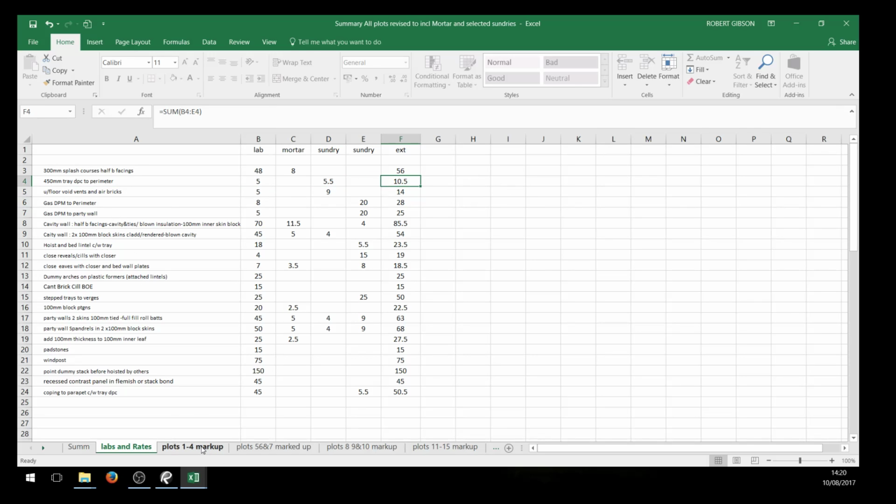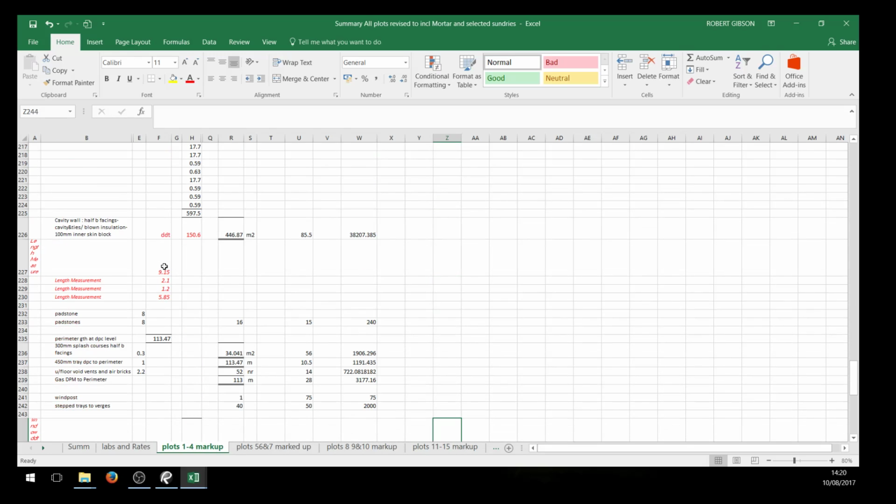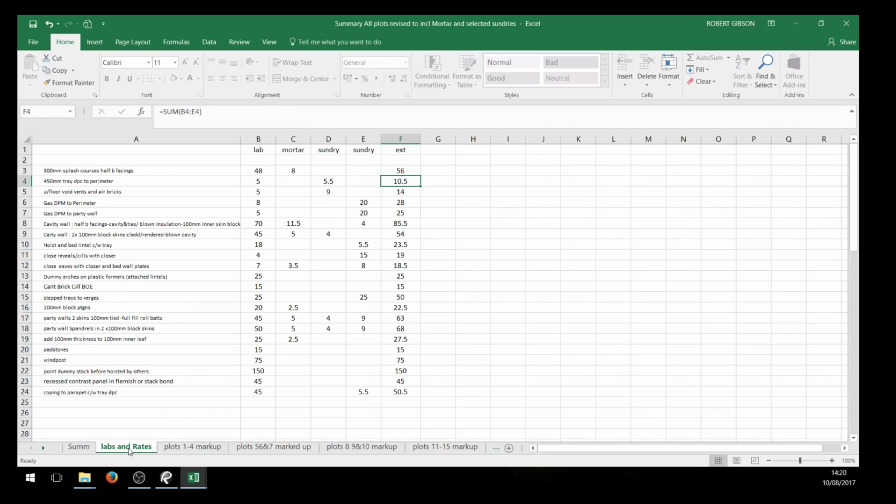So if we look at one of the bills and look at the 450 perimeter, there's your £10.50. So that's where the future proofing comes in. It's quite handy. Also, if you're told you're a little bit heavy on the rates and you want to drop a couple of quid off here and there, you can go through and just nick two